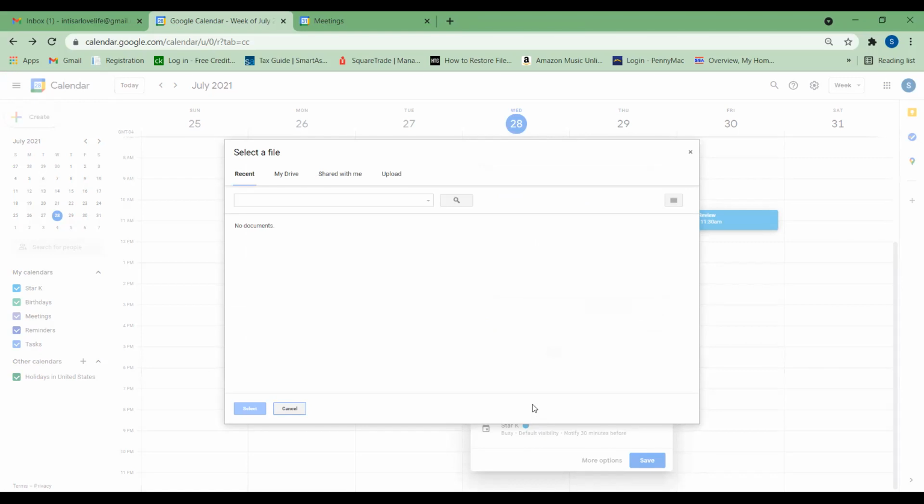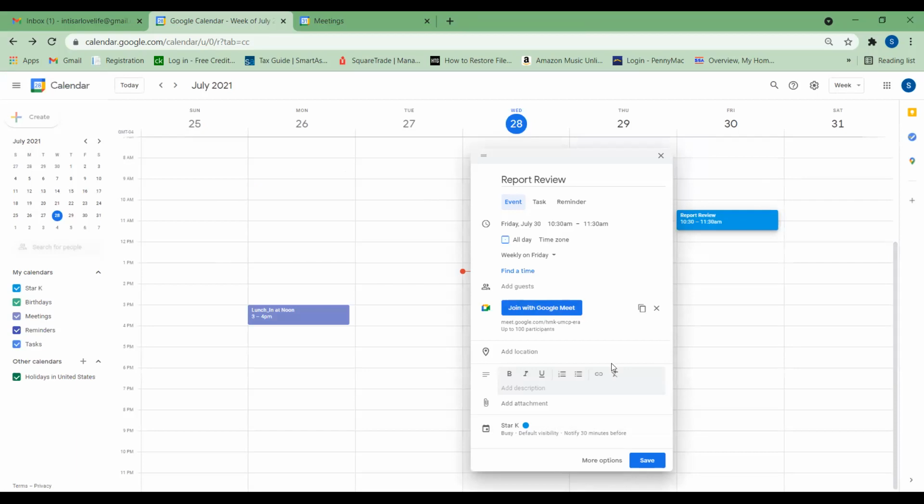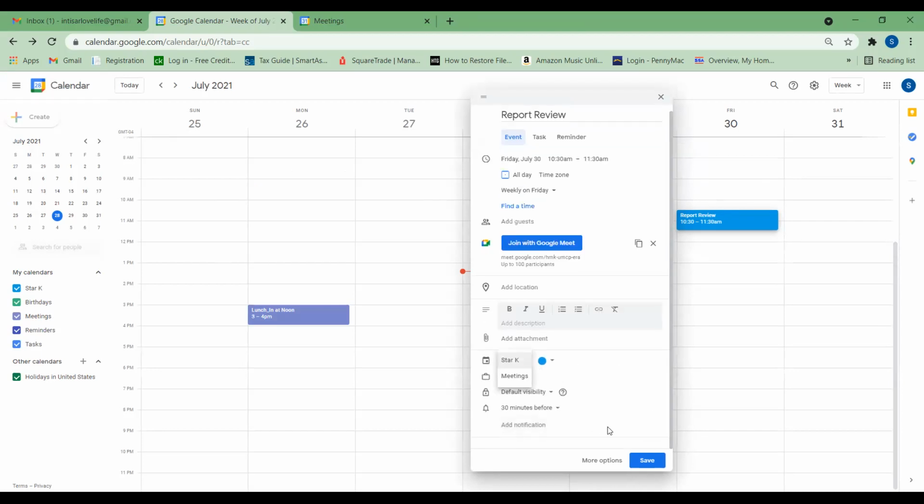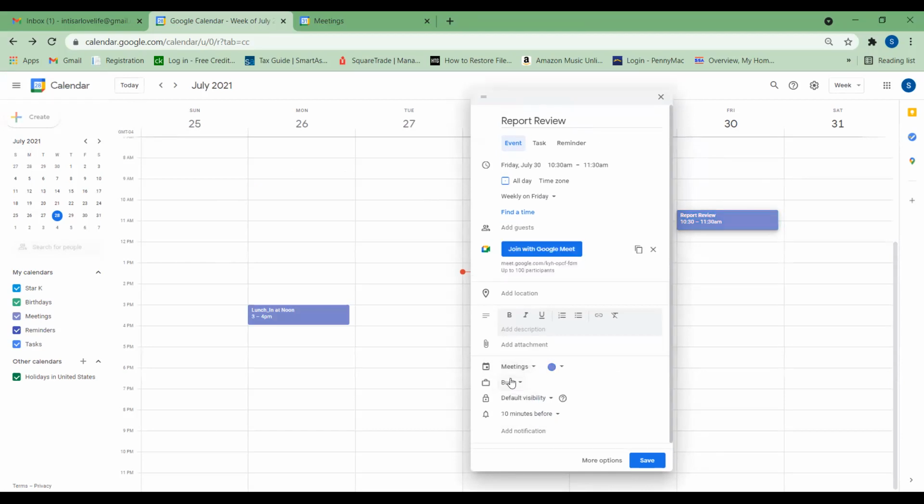It's vitally important to upload that particular document or attach it to the event so that it is available to everybody in that meeting. Not only at that meeting itself at that time, but also for review prior to the meeting, right? And so if we scroll further, then we get to choose which calendar this is going to be. So right here, we click on the drop down color, the name of that calendar, and you choose the calendar, so it's meetings. And then we can, of course, change the coloring if we want to keep it